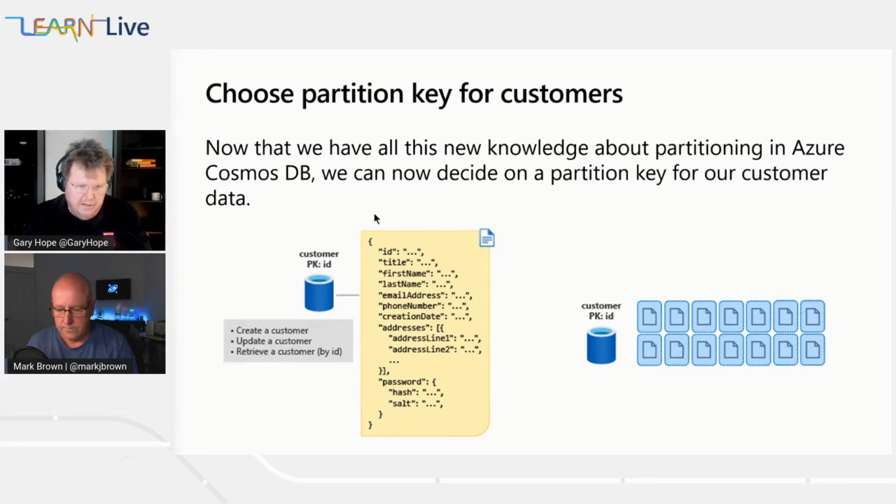You saw that I included that GUID in there, and that GUID is the thing that I'm going to use to look up that customer information. So choosing that GUID, the customer ID, as my partition key makes a lot of sense. That means that every document is effectively going to have its own logical partition. I'm not going to have to worry about that 20 gig limit, but